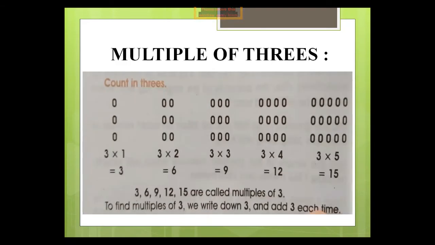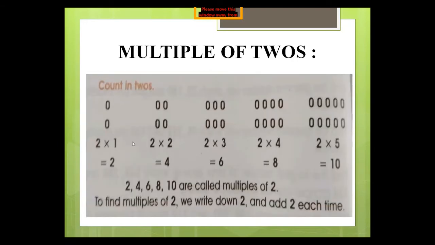Now we discuss the multiples of 3. So here you see that if we discuss the multiple of 1, we write 1 first, then we multiply by the other numbers. But in the multiples of 2, firstly we just write 2 because we find the multiple of 2. Then we write the countings for which multiple we have to find. Here we see the multiple of 2 this, the multiple of 2 with 3 times this, the multiple of 2 with 4 times this, and the multiple with 5 is this.